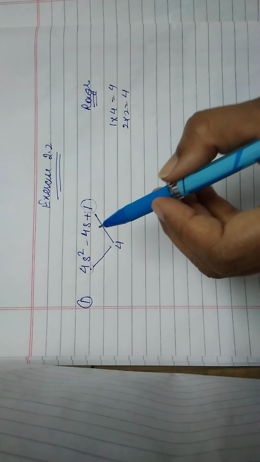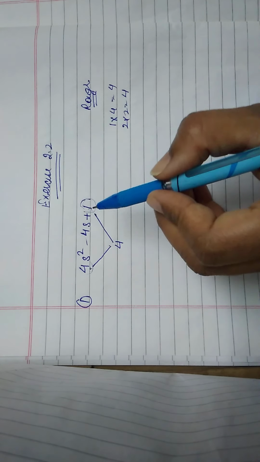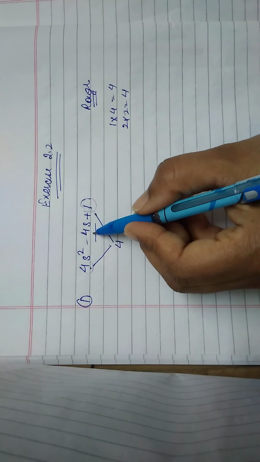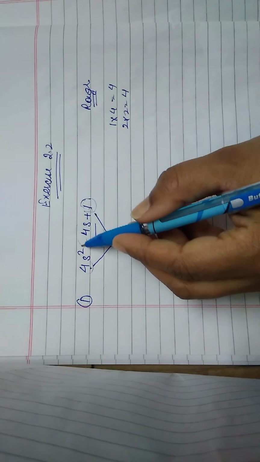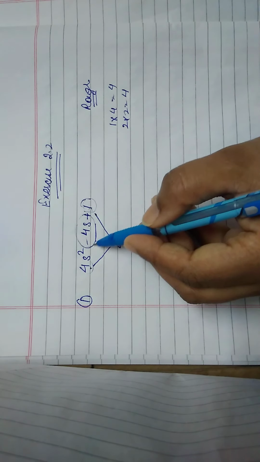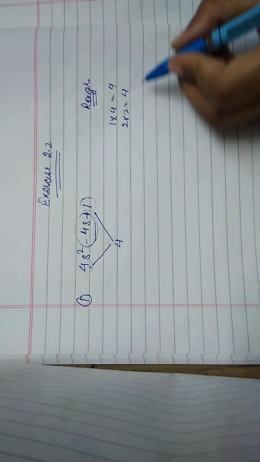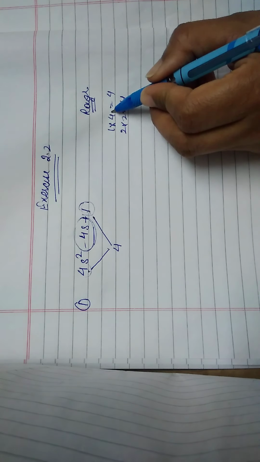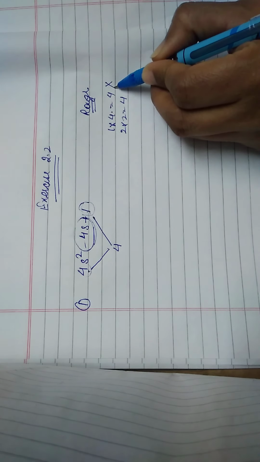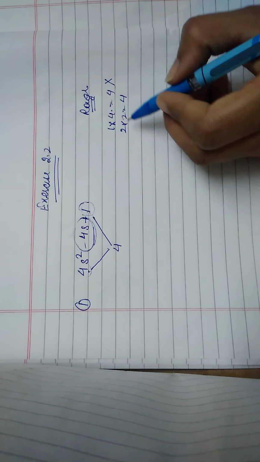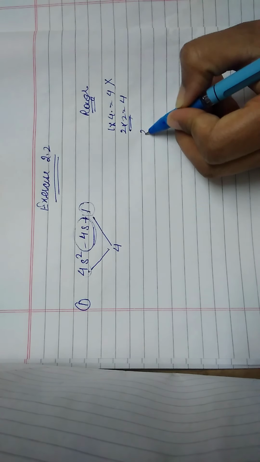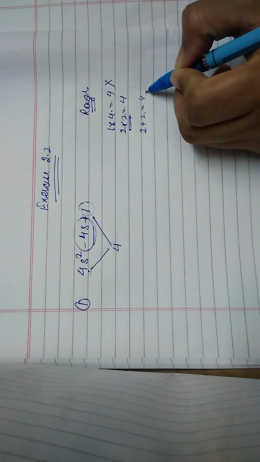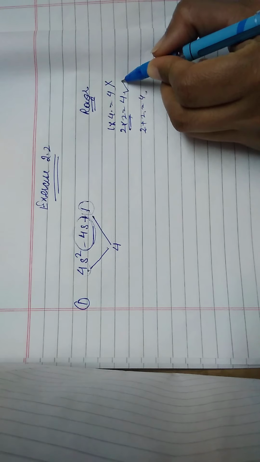But in addition, we want multiplication 4 and we want two digits in such a way whose addition or subtraction is equal to minus 4. So 1 plus 4 we get 5, 1 minus 4 we get minus 3. So this is not a suitable pair. If we take 2 and 2, 2 plus 2 is 4, and 2 multiplied by 2 is 4. So this is the correct pair.